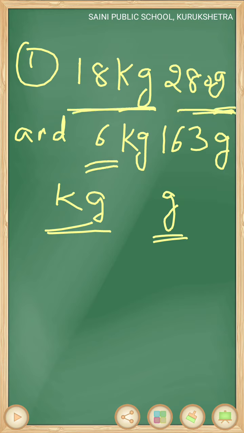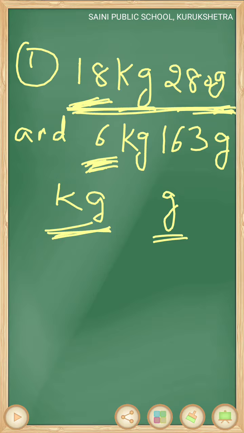For this, first of all, for subtraction, we will observe which is the bigger number. We can always subtract a smaller number from a bigger number. So first of all, we have to write the bigger number. Now here we will compare the two numbers and see which is the bigger number. For this, you will compare the bigger unit. Here the bigger unit is kilogram. Gram is smaller than kilogram. So we will compare kilogram units. Here is 18 kilogram and here is 6 kilogram. Now 18 is bigger than 6. So this number will be bigger than the second number. We will always compare bigger units. So we will write the first number first.